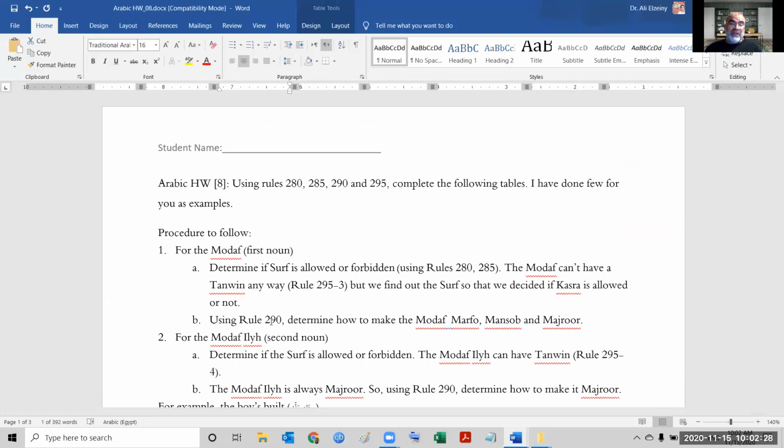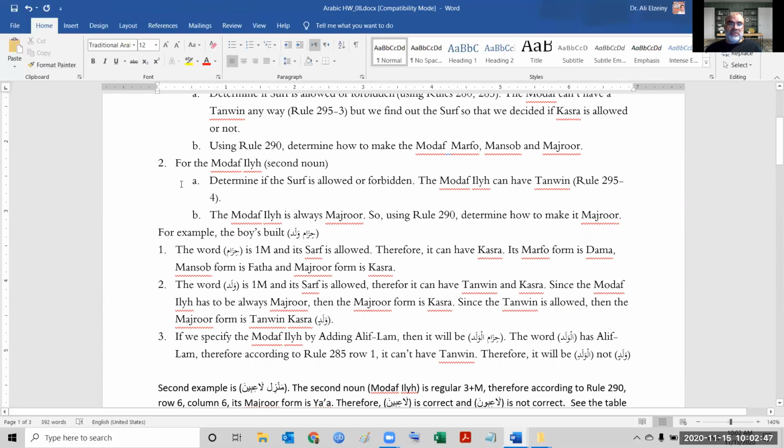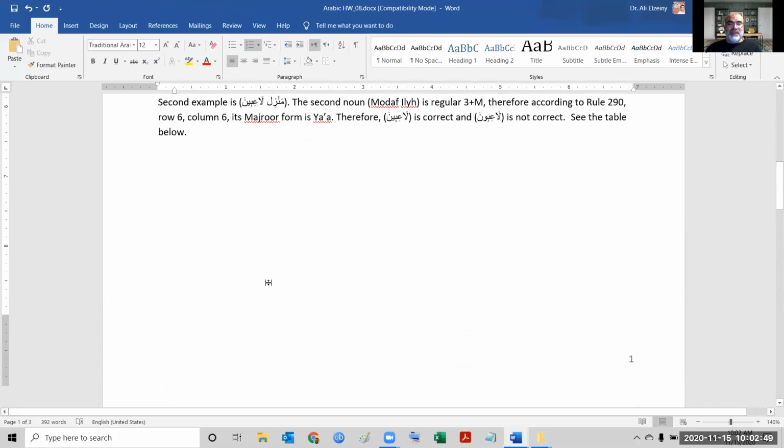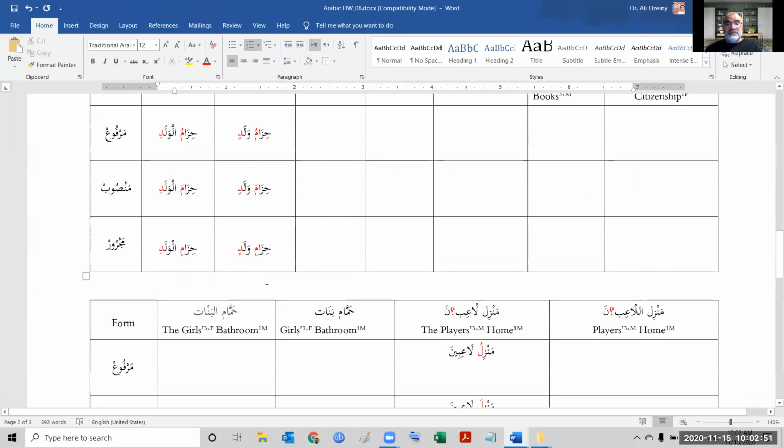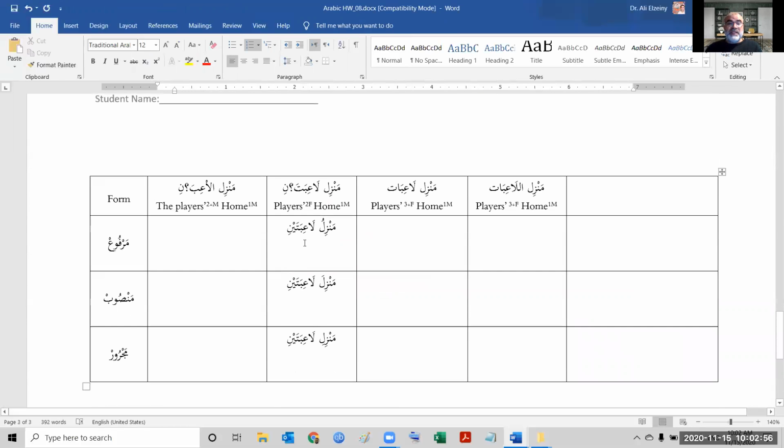I'm teaching you the regular cases in the Arabic language. I try to stay away from irregulars as much as I can. Regular, it's an algorithm. 1, 2, 3, 4, 5 steps. You don't even have to get confused about anything because it's just like a flow chart, sort of. Okay, so let me work this case here with you.